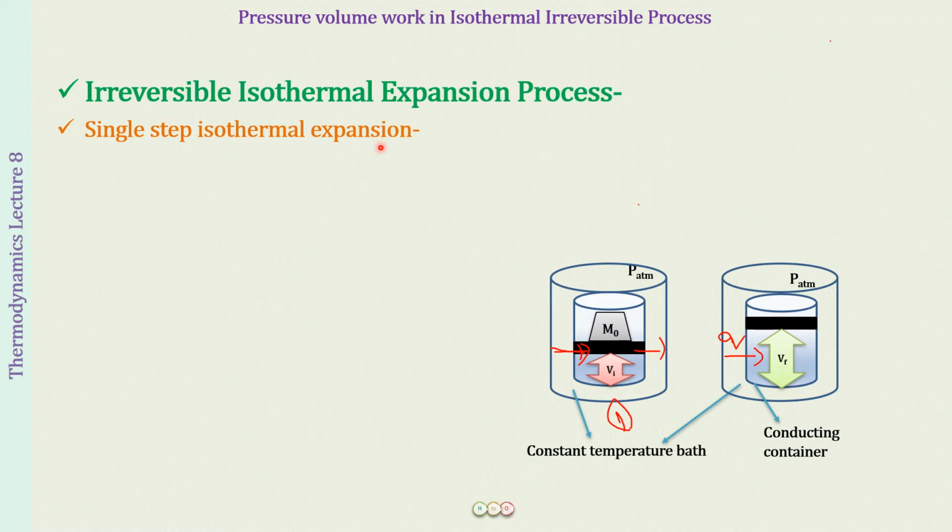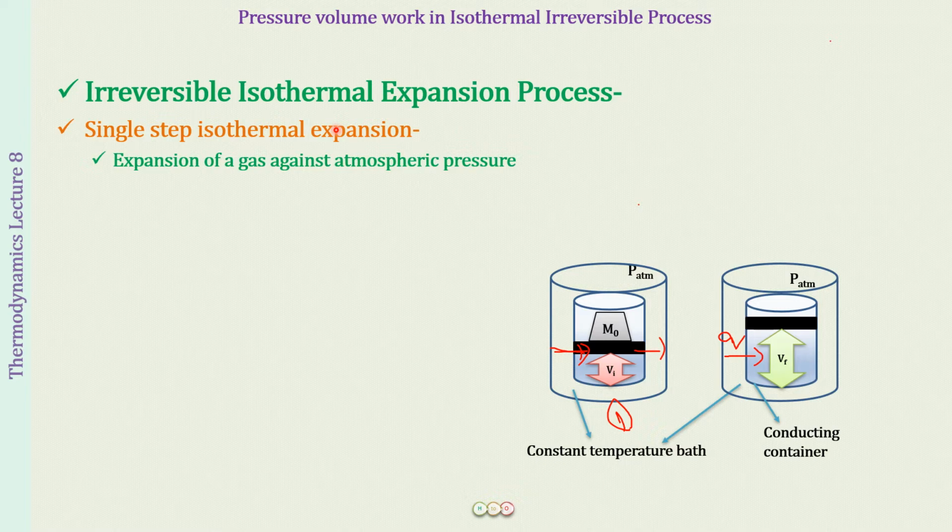First of all, let us understand a single step isothermal expansion irreversibly, what is going to happen over here. So we are going to expand a gas against atmospheric pressure. It can be against atmospheric pressure, it can be against any pressure. I am taking an example of atmospheric pressure. Okay, so we have an irreversible process. Just remember, we have already discussed this, that for an irreversible process, the external pressure remains constant. How it remains constant, I told you, but now I'm going to talk again in detail so that you have a complete understanding, right?